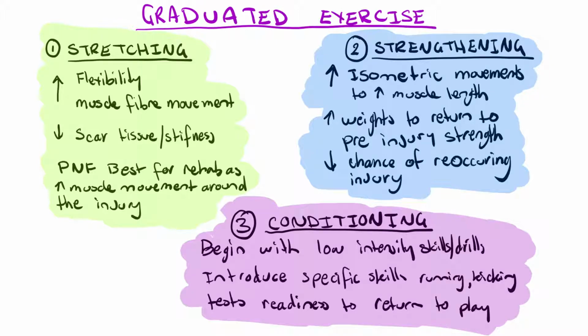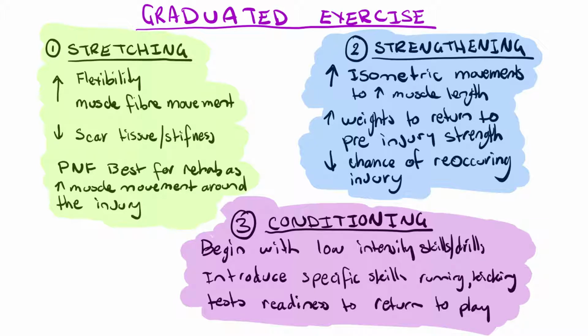The next part of the procedures is graduated exercise, and there's three parts to this. The first part is stretching, then strengthening, and then conditioning, so actually looking at the whole body fitness. If we start with the stretching, we know that stretching increases flexibility, and it's also going to increase the muscle fibre movement, so therefore decrease the stiffness within that joint or around the muscles, and decrease the scar tissue. Now, when we're looking at rehabilitation, PNF stretching is the best for rehab, as it increases muscle movement around the